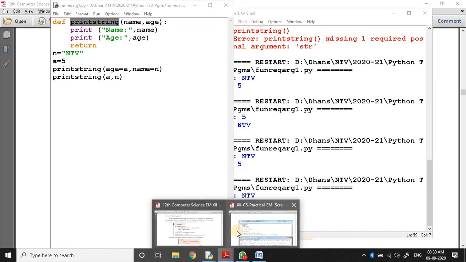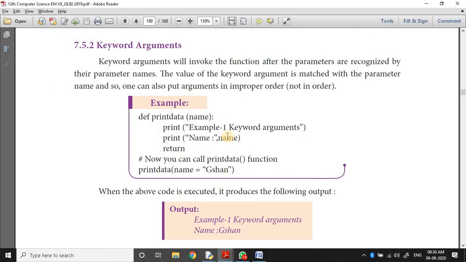So this is the easiest way. We need not remember the order of the arguments, we just remember the names of the arguments. By using keyword arguments, we can call the function easily. Whenever the function consists of many arguments, or we get confused while calling the function, keyword arguments are used. With this, one can also put arguments in improper order.